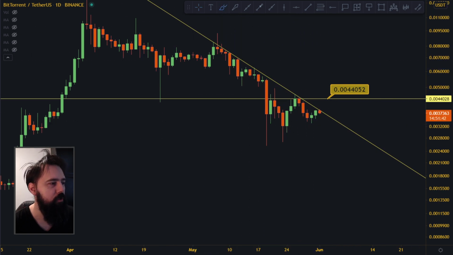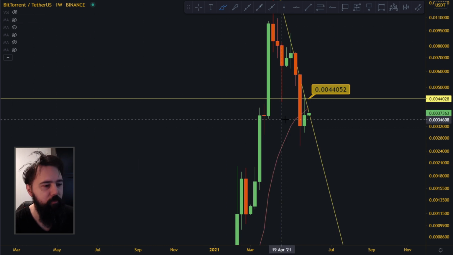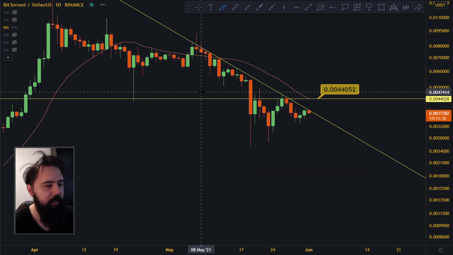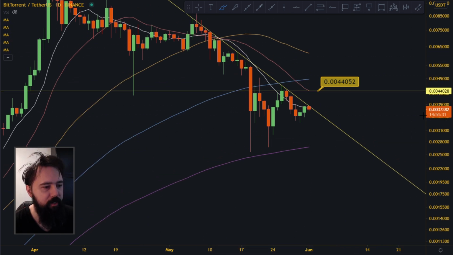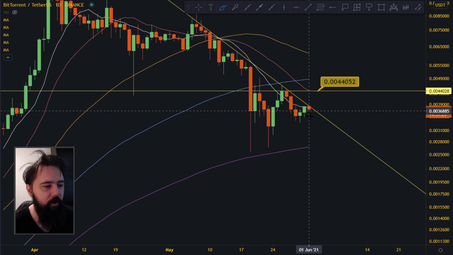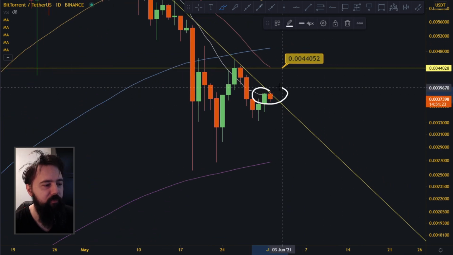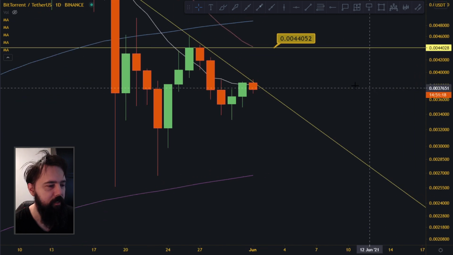And you see also on the weekly time frame that we are below the 20 moving average down here. On the daily time frame, we are trying to get above the 10 moving average, then we will try to get above the 20 moving average, and so forth. But right now we are fighting the 10 moving average. We are trying to get back above that, and we'll see how that's actually going to perform.